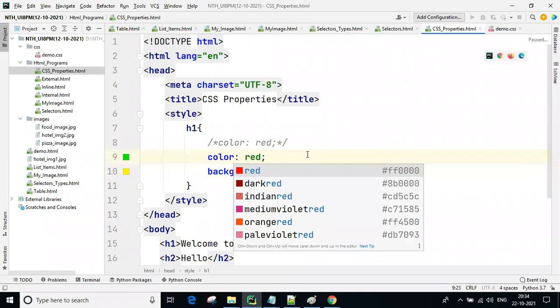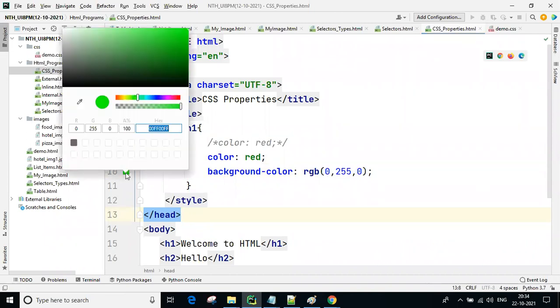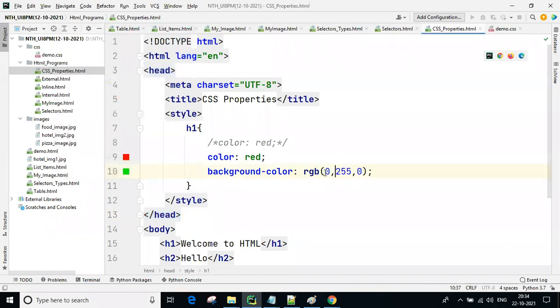Now you can see here the yellow-related RGB, 0, 255, 255. Otherwise I'm using 0, and here you are getting green color. So this is one way, guys, of providing the background.